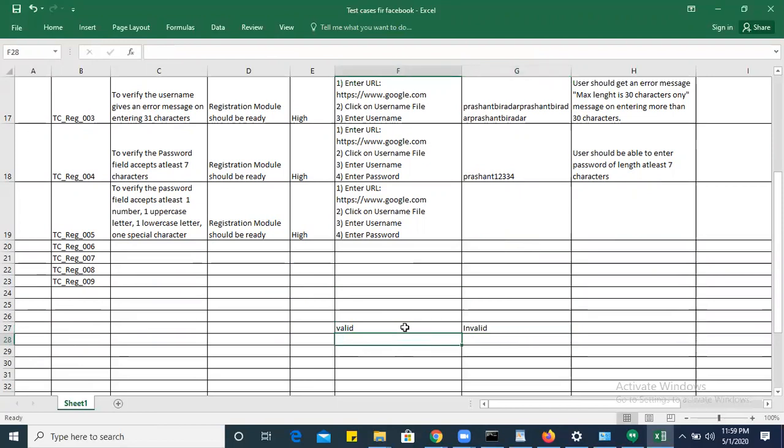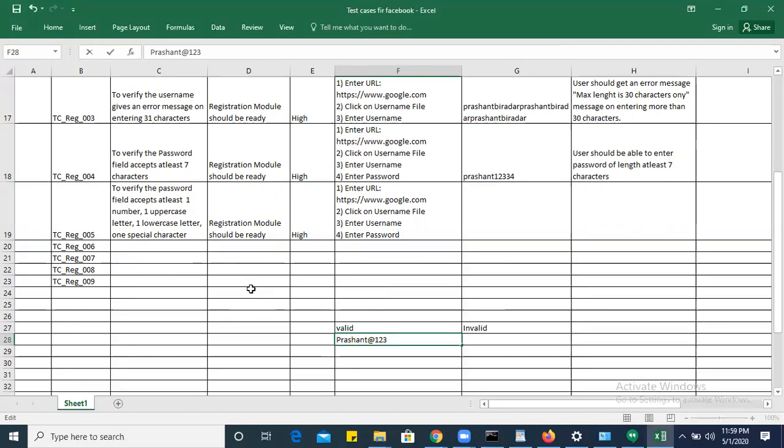For example, the condition is at least 7 characters and one uppercase letter, one lowercase letter, one special character, and one number. Here I can write a valid one: Prashant at the rate 123. Here I have written P as a capital, that is the uppercase letter. 123 is a number.